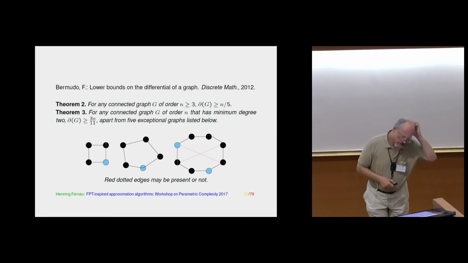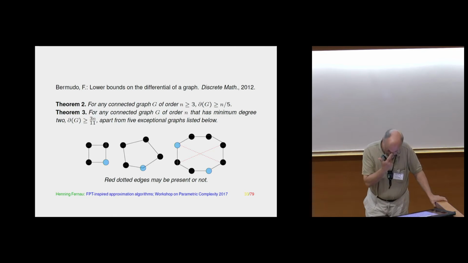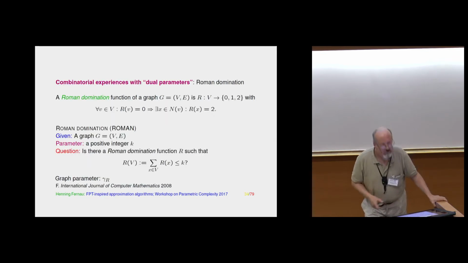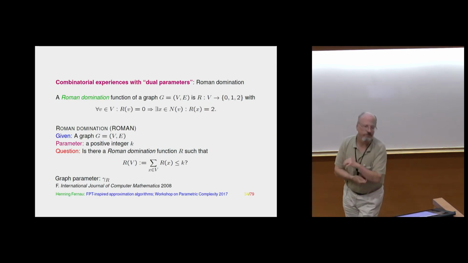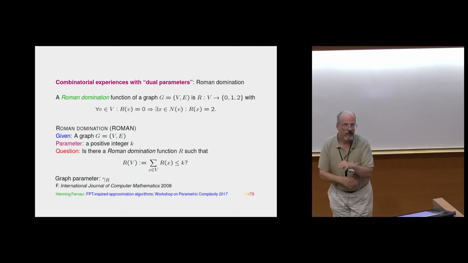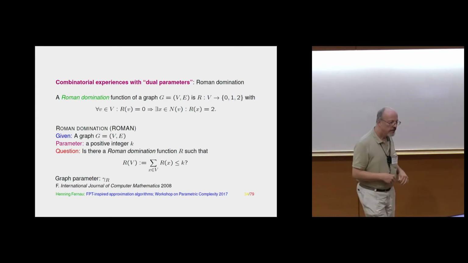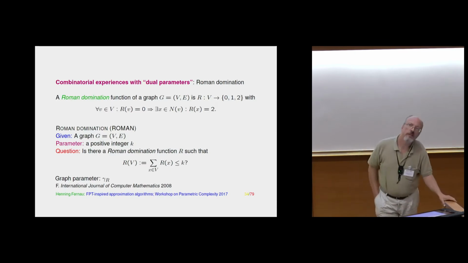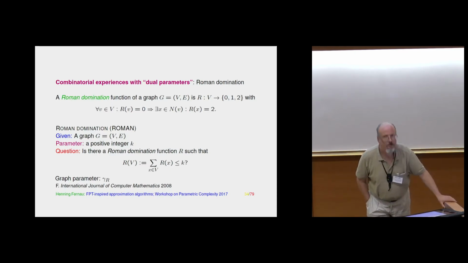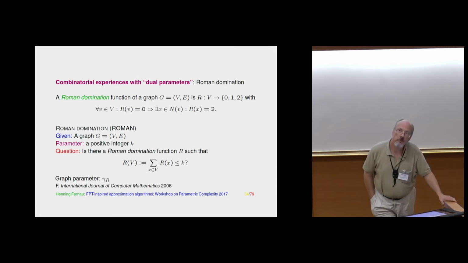But then again, more or less coincidentally, we looked into a graph parameter which we know actually better, namely Roman domination. So what's Roman domination? I think this is the notion that more of you are familiar with. So we have a so-called Roman domination function, which associates numbers 0, 1, 2 to vertices of a graph. And the following property should be satisfied: